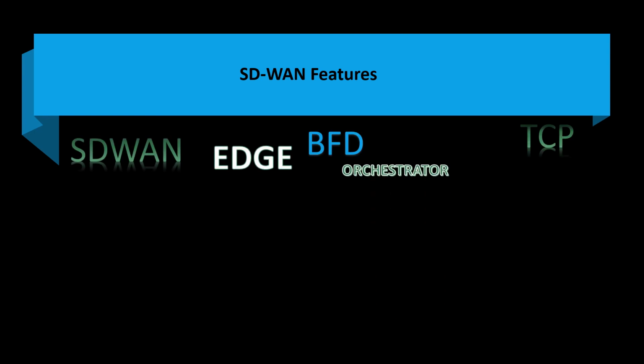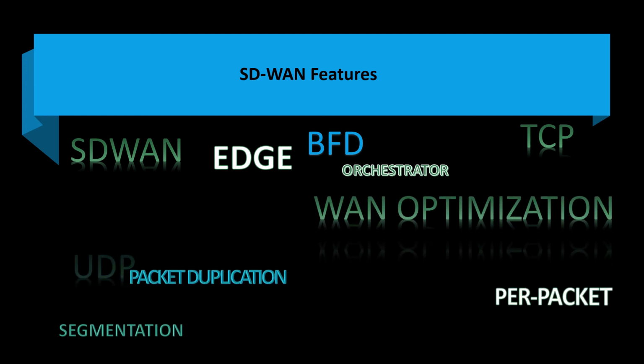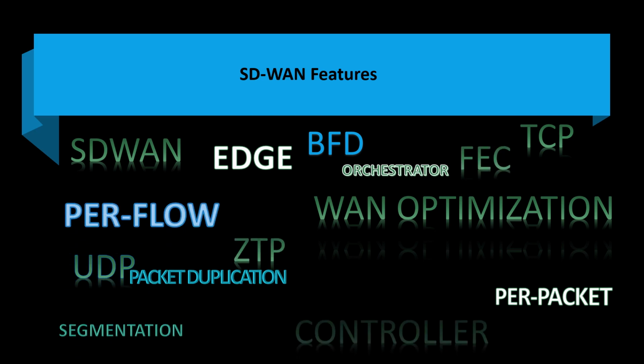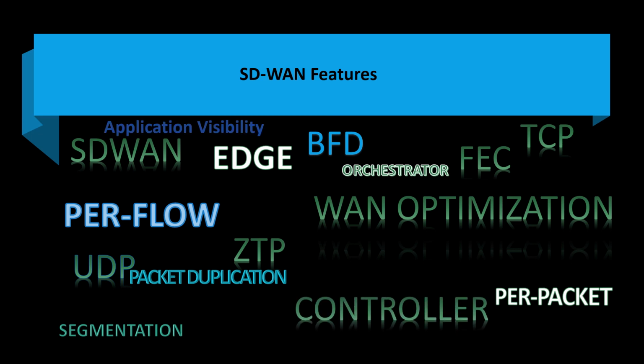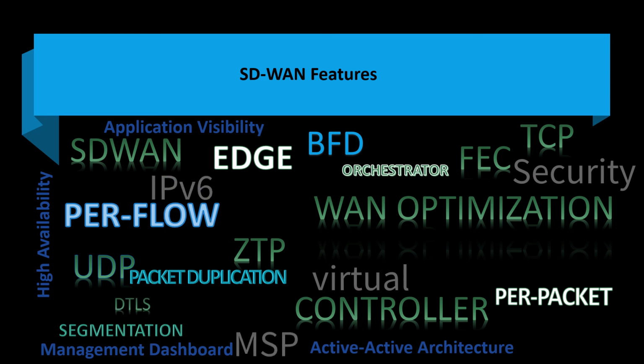When we talk about the SD-WAN feature, a couple of terms come to our mind. So first, SD-WAN orchestrator, edge, BFD, TCP, WAN optimization, per packet flow, packet duplication, segmentation, UDP, FEC, per flow, controller, application visibility, high availability, management dashboard, active-active architecture, security, virtualization, IPv6, DTLS, MSP, TLS. So all these things we are going to talk